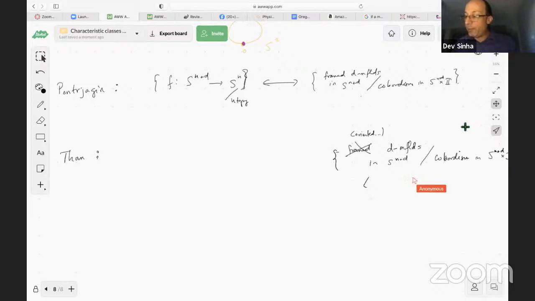And then if I let n go to infinity, I recover omega D, or omega whatever, omega O or omega U or omega SO. The reason being that any manifold embeds, by the Whitney embedding theorem, in a sufficiently large manifold, then any cobordism would embed eventually in a sufficiently large manifold as well.